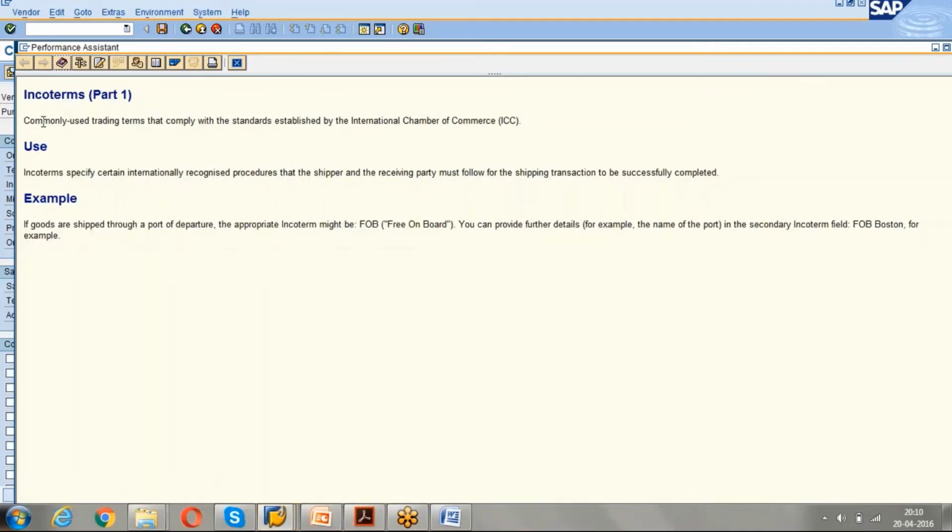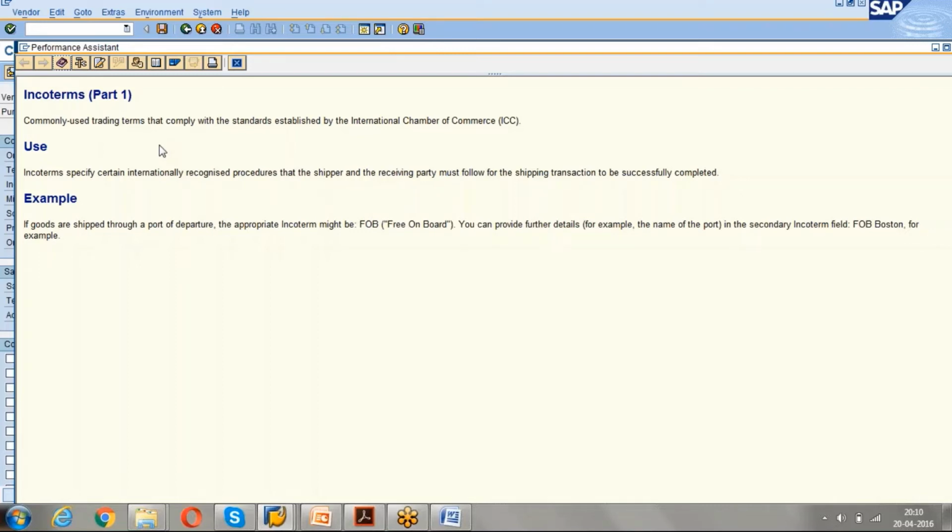See, Incoterms: commonly used trading terms that comply with the standards established by the International Chamber of Commerce. The International Chamber of Commerce, ICC, has provided these Incoterms.